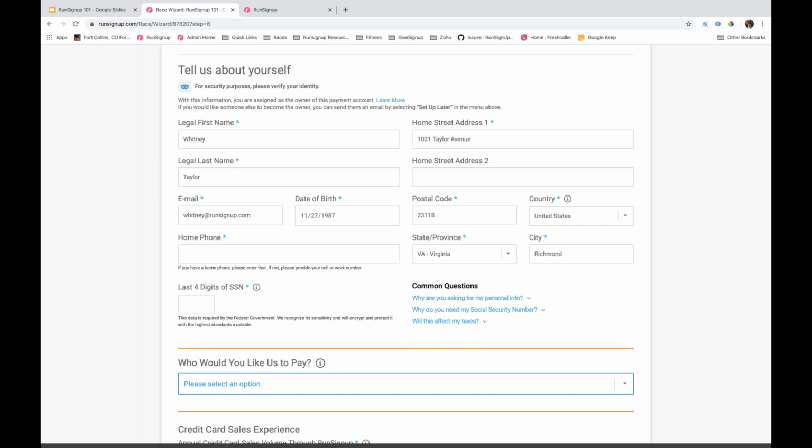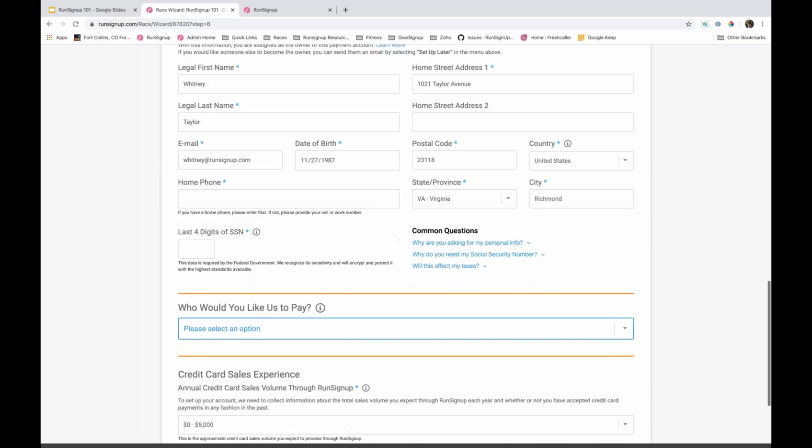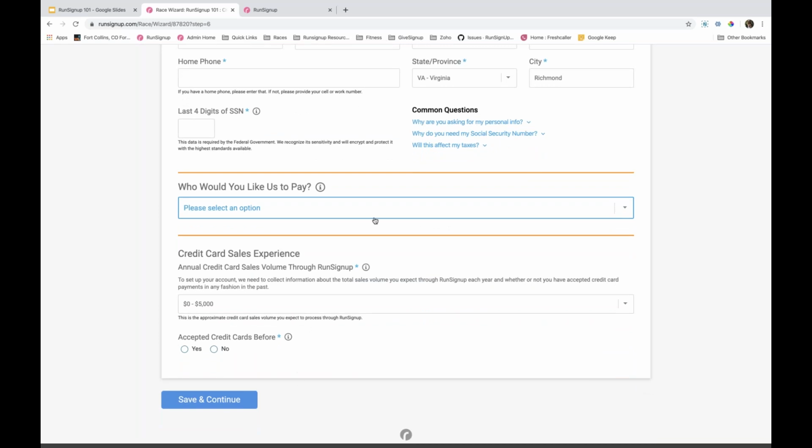You're going to need to enter in some personal information in here so that we can know that you are a human and that you own a physical payment account. Now, if it's not you that's setting up this payment account, you can also send an email to the person that needs to set up the payment account, or you can select to set up later and reach out to that person and let them know that they need to come into the race to set up their payment account. You would enter in your information here,